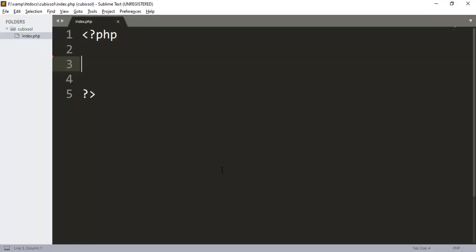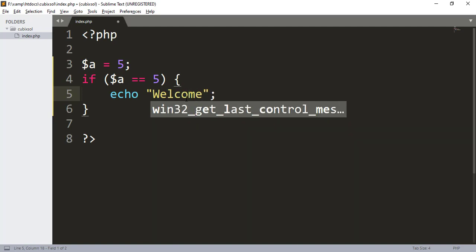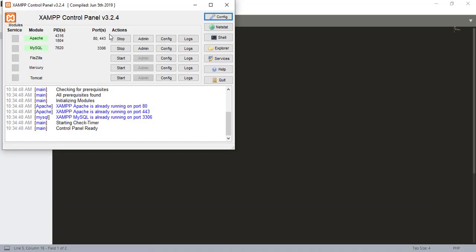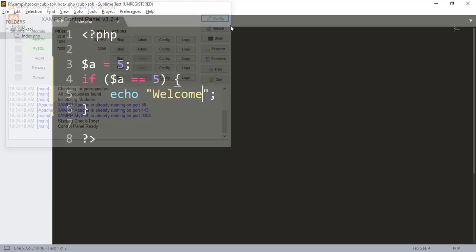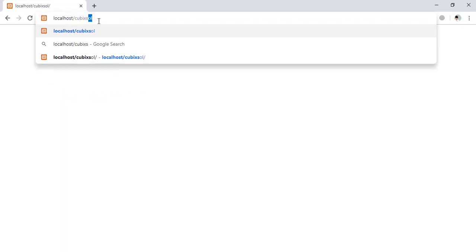Minimize it, open your code editor. I type here a variable a is equal to 5, and now in the if statement I check that if a is equal to 5, then what to do? Echo welcome. Press Ctrl S, save, and you have to open your XAMPP and start Apache and MySQL and close it and open your browser, and in the search bar you have to type localhost